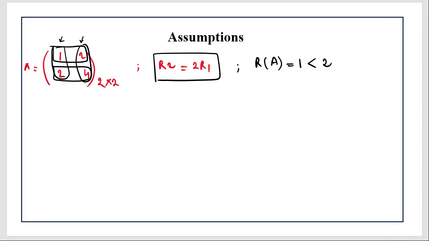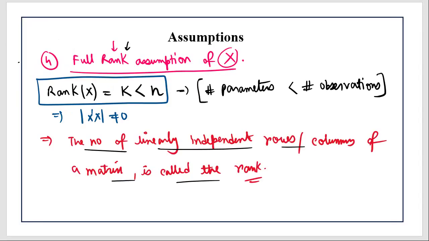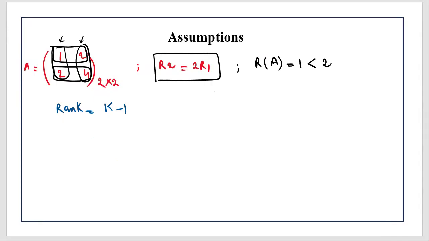So basically we can write like this: suppose rank is equal to, say, k minus 1. Suppose it is strictly less than k. Here I have said that it has to be exactly equal to k, so we'll prove why this is not so. Why rank cannot be k minus 1. If it is k minus 1, it means it is not full rank. It is not a full rank matrix,